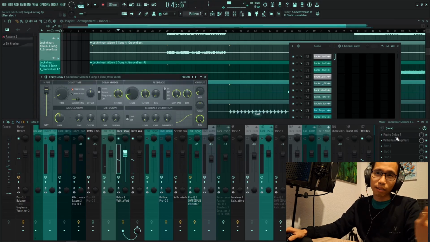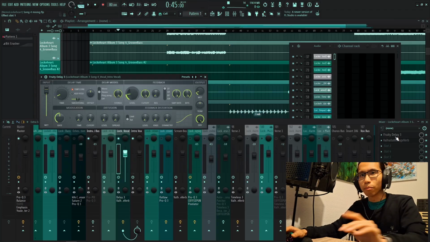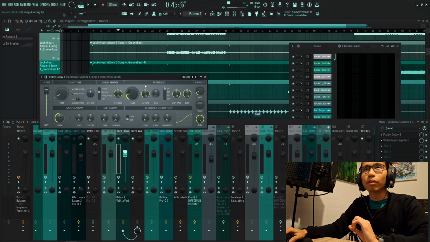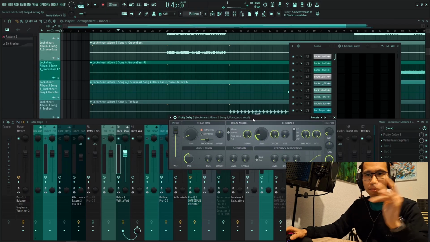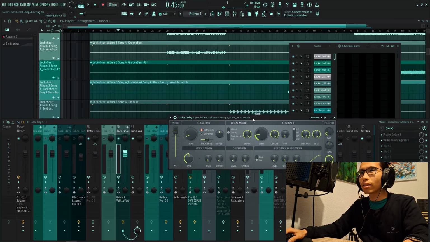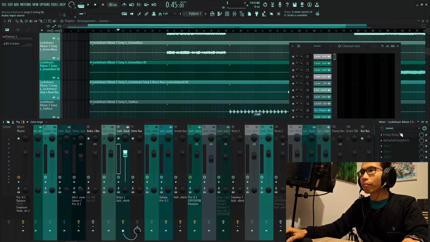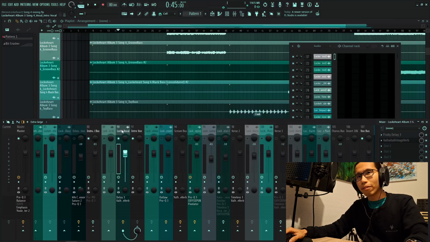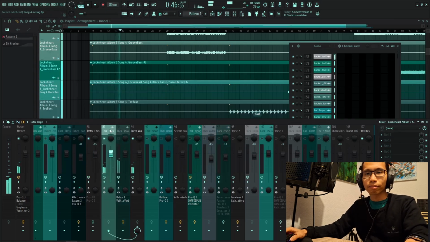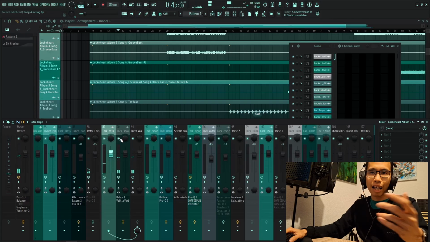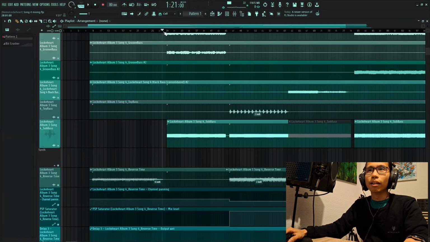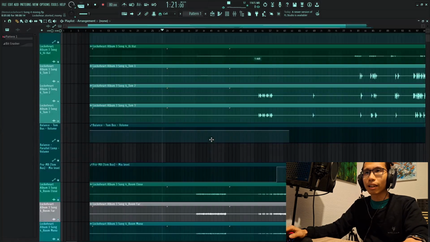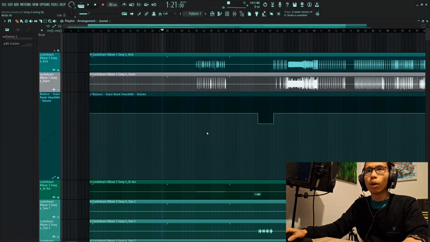So this one, I already compressed and EQ'd them before I printed the vocal out. So here it's just the vocal that's already had all the processing done, and I just have a fruit delay and a vintage verb, with quite a lot of reverb. I have the main vocal and this high vocal, just to add a bit of depth to it. Yeah, that's basically the beginning, and then let's go to